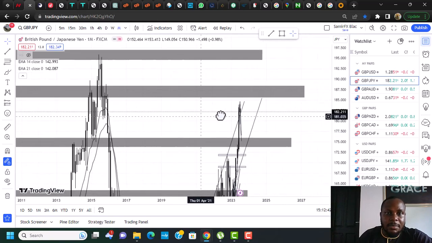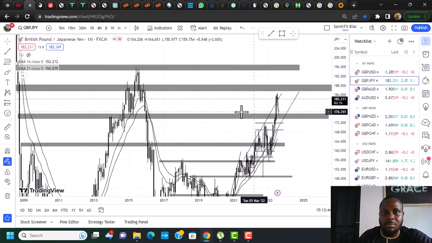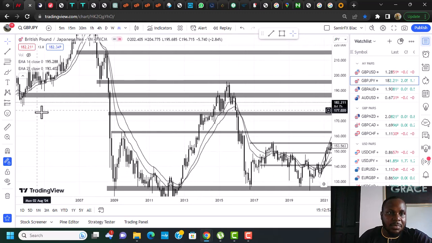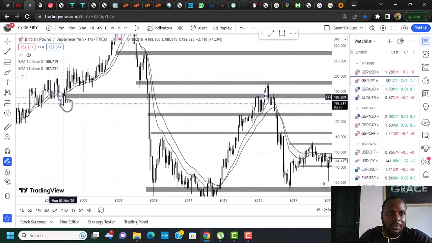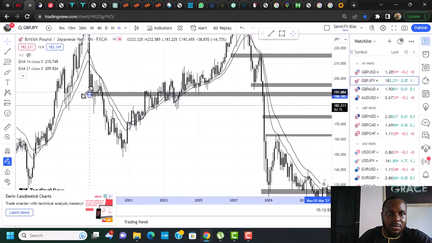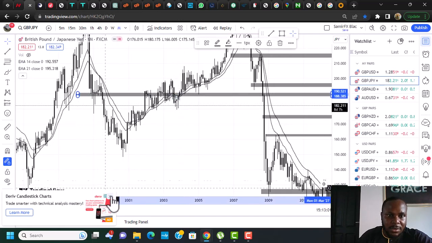So you can see that the market is actually approaching a very solid, key resistance from our previous analysis on the monthly. This is a key resistance stemming off of this candle reversal here and even extending all the way to this point, which is